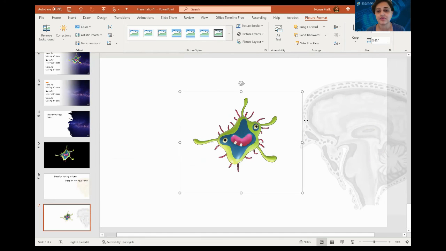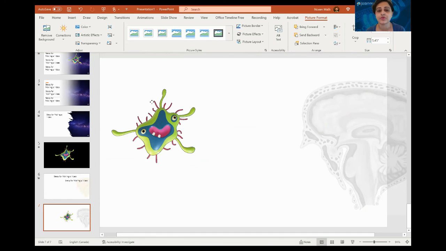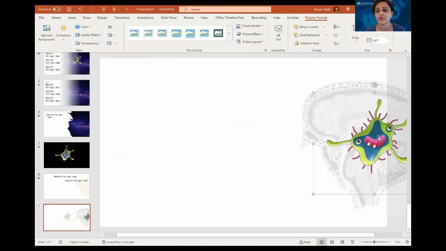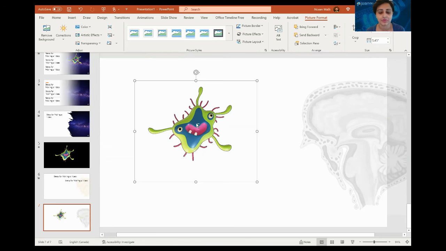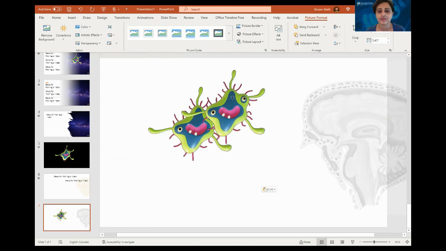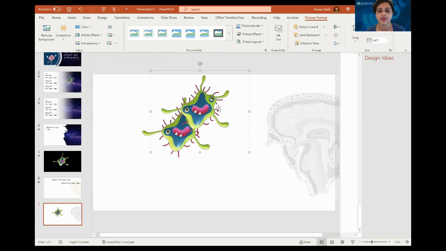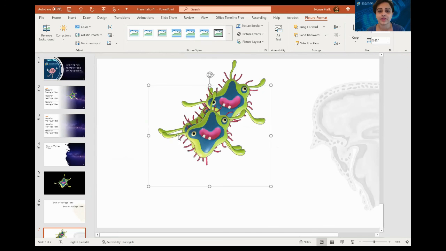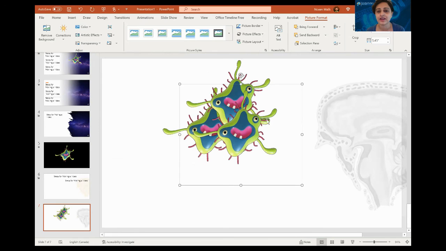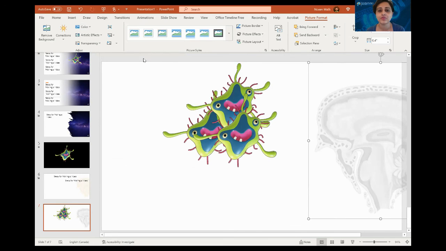It is not a GIF, right? So it is as a picture. So I can put it anywhere on the top of another picture. For example, I can even copy paste this, and you see I can have so many bacteria, and I am actually making a colony of bacteria here. So you can see I have so many, and you can even group them.